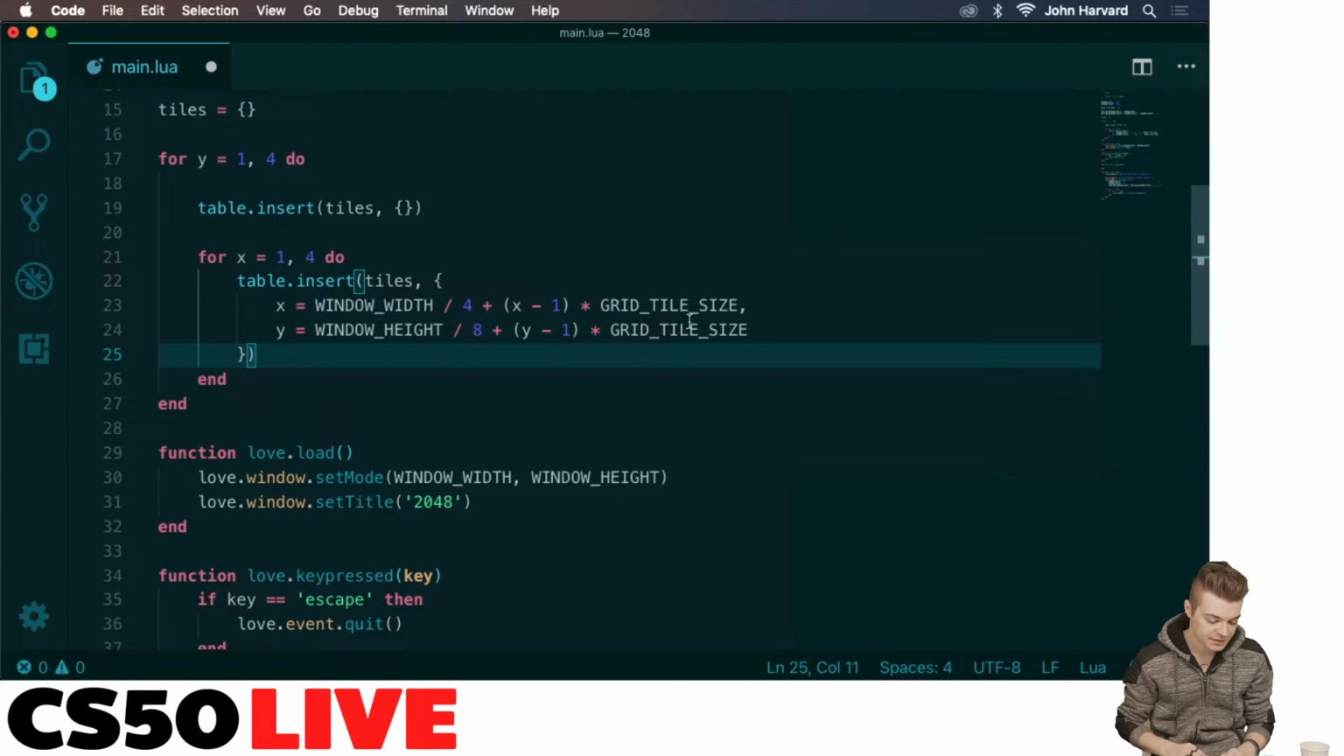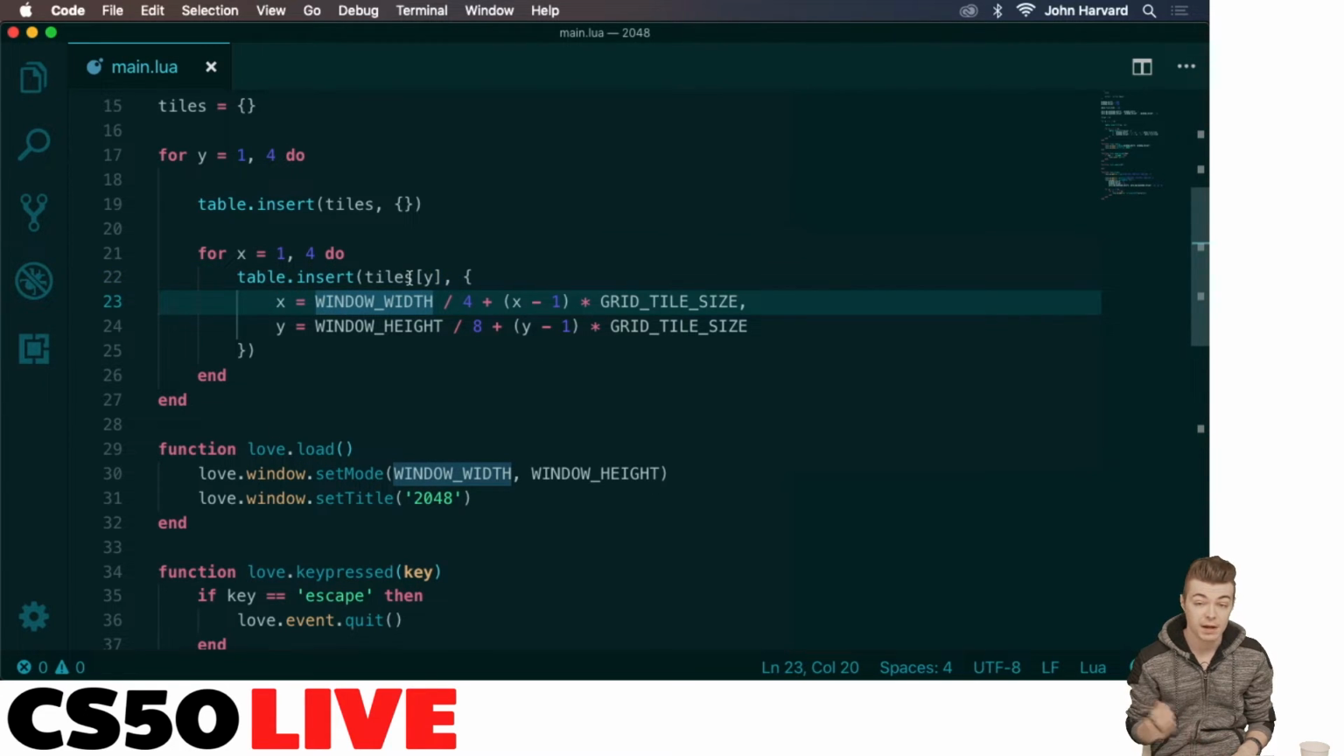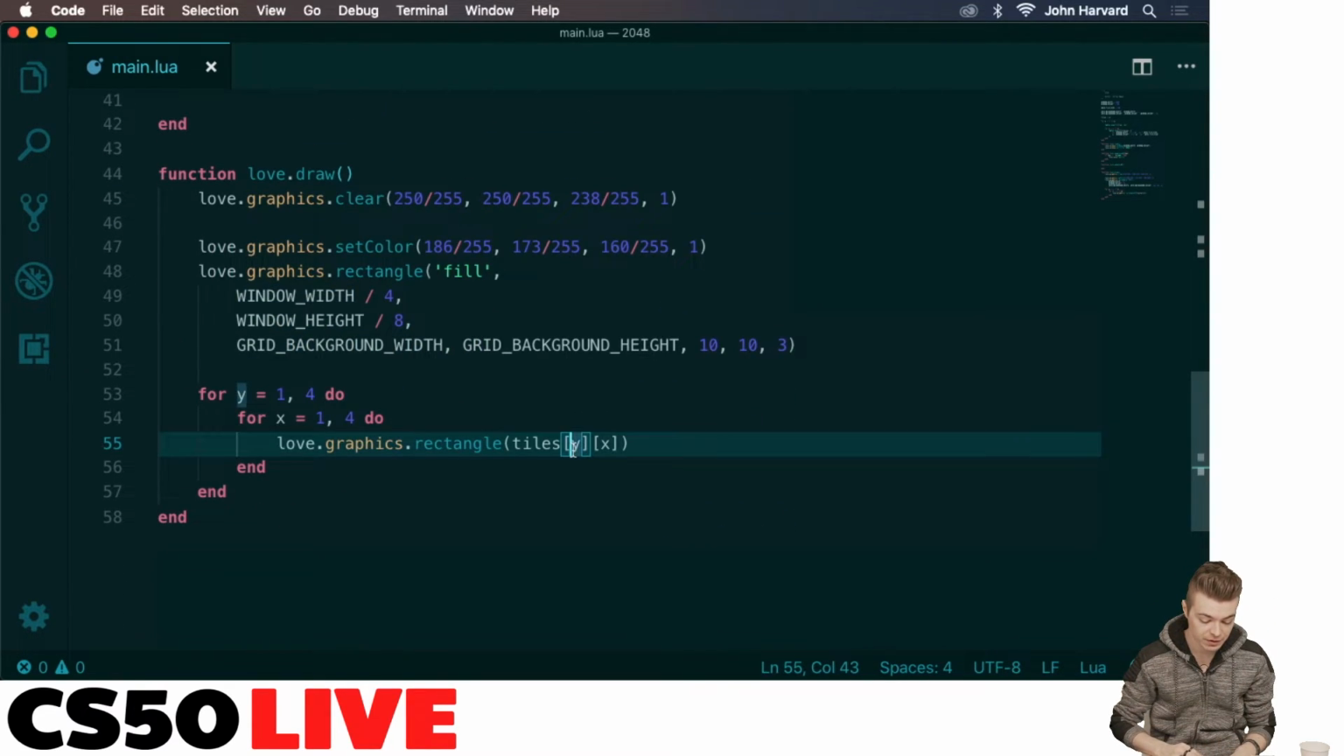And then I can go ahead and say table.insert tiles at y, not at tiles itself. So now we're adding into the nested table. And so now we have this ability to go tiles yx anywhere because we have a 2D table now. We have a table of tables. Within each of those tables are the tiles themselves, which are going to have their x, y data, their number data eventually. So all pretty important stuff. Now, let's go ahead and